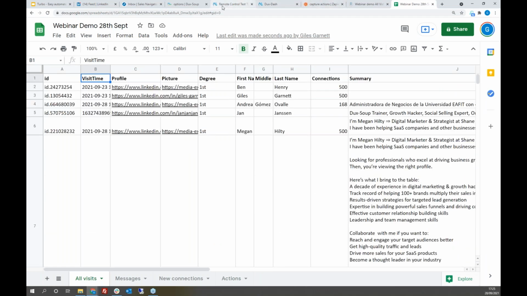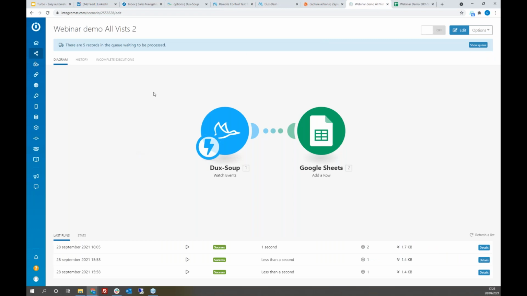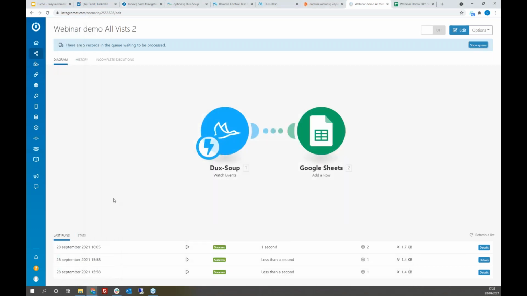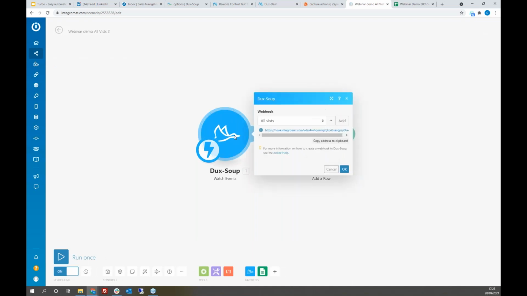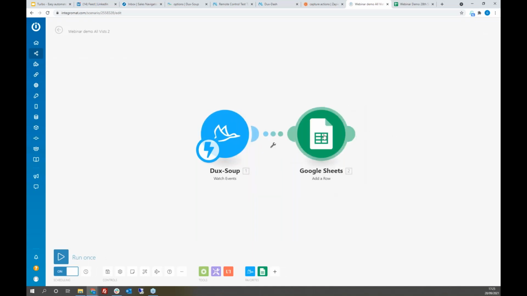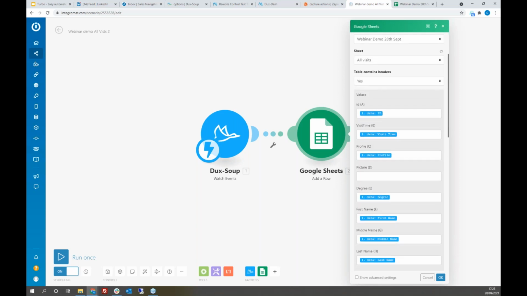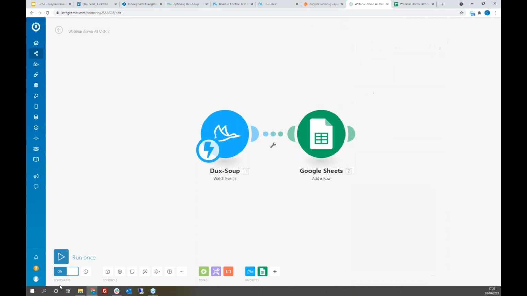So I could actually, let's go back to here. I could process this queue, and let's go back to the scenario. Let's turn it on. There we go. If I turn on that queue, I've set this one up already with, as you can see here, it's capturing all visits, and then I've already mapped the fields across in Google Sheets. Just wait for this to load. So I've already mapped all of the information across there. And if I now run this, what we should see